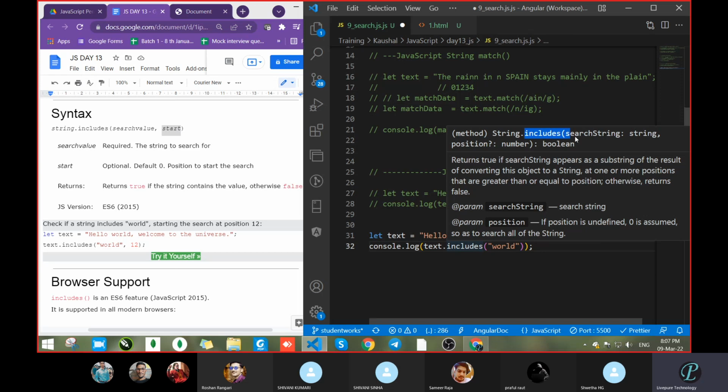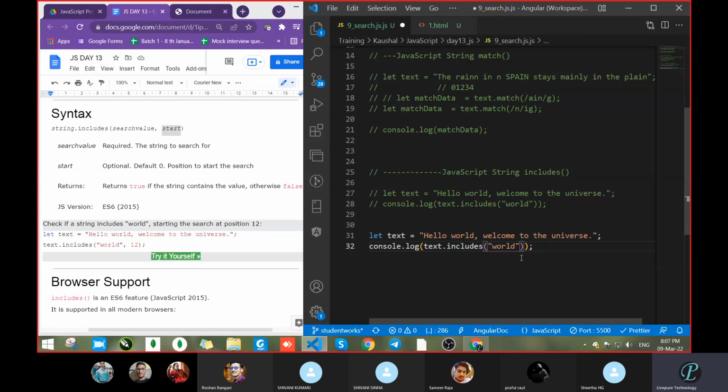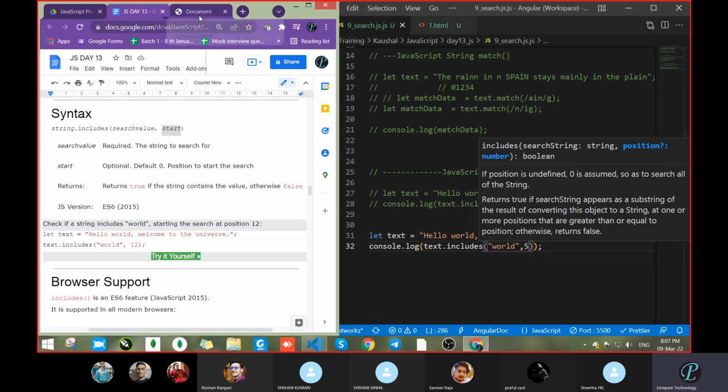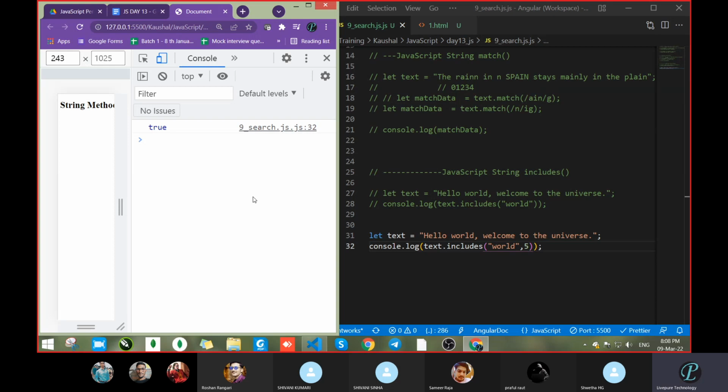So let's see the includes method. Search a string, and in the second position the position is optional, as the question mark means. Do one thing, pass a position, comma, and pass 5. Let's start searching. It will do the same thing as indexOf.